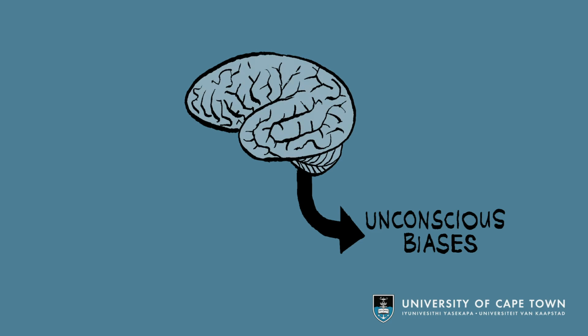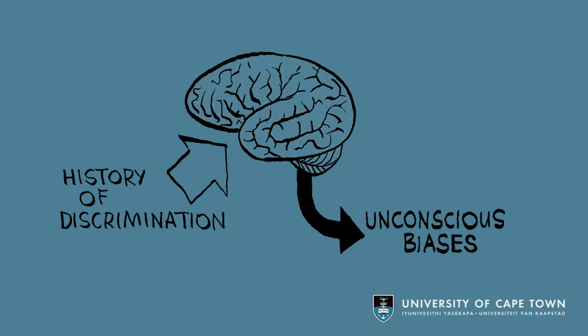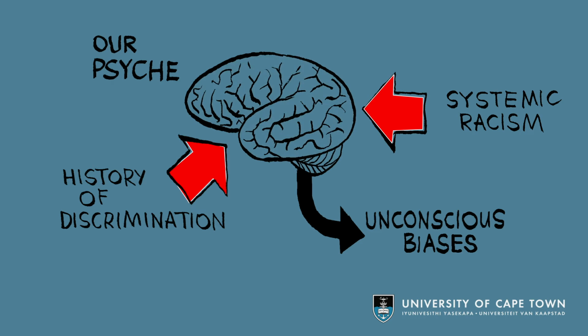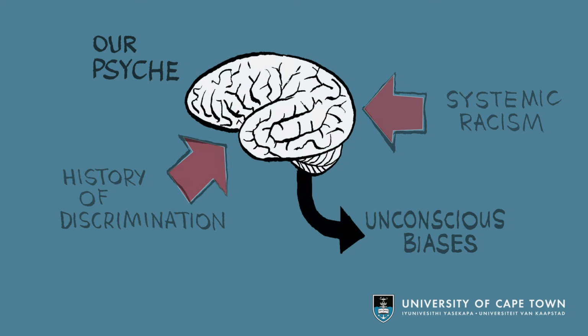We need to be aware of how our own conscious and unconscious biases are born out of a history of discriminatory practices, for example, where structural and systemic racism impacted and is entrenched in our psyches. This therefore requires active introspection and action to address and redress on an individual level. Unless we change what is needed on a personal level, we will not be able to effect the change that is required in our institution and our society.